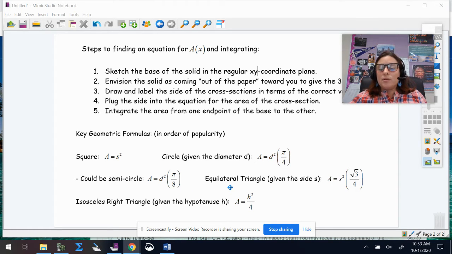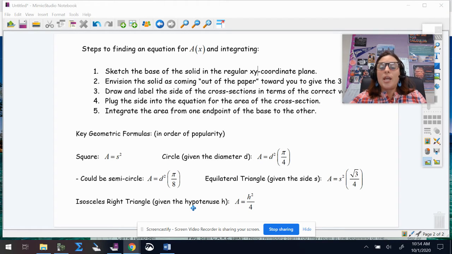Your equilateral triangle, where one side of the triangle is laying along the edge of that base, has the formula that side squared times root 3 over 4. And then an isosceles right triangle, where the hypotenuse is laying along that side, would have the formula hypotenuse squared over 4. What you'll notice is we always have that length squared, no matter what we call it,